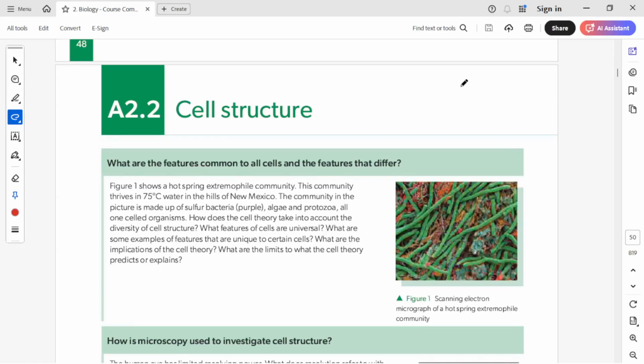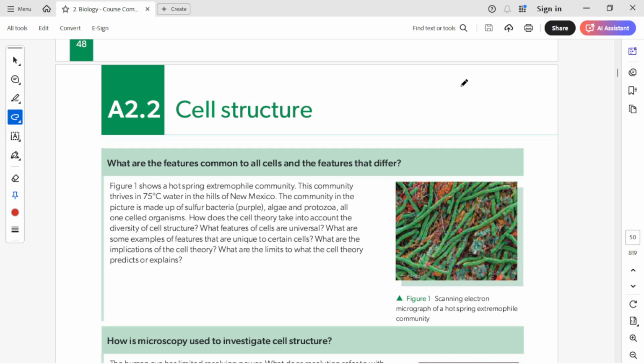Hello students, so today we are going to start with the chapter cell structure. To understand the cell structure, first of all we need to understand how cell structure got studied. We cannot see the structure of the cell with our naked eyes. So we definitely need some instruments to help us see the cell structures because they are very small. The cells can't be seen with naked eyes, so the help was done with the help of the microscope.